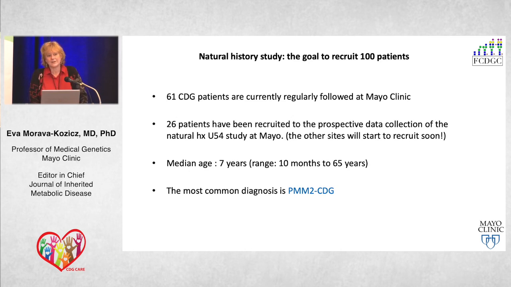So in this natural history study, we want to recruit an additional 100 patients between our different consortium sites. For example, at Mayo, we have 61 patients currently who are coming for regular follow-up. We received the grant at the end of October, and since then we recruited 26 patients, which is going pretty well, I think, and we would like to recruit them as soon as possible to have enough time to collect the